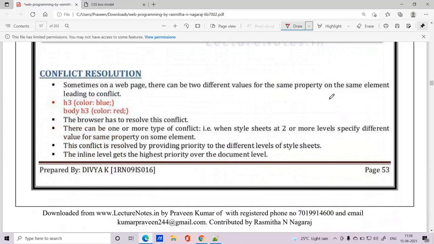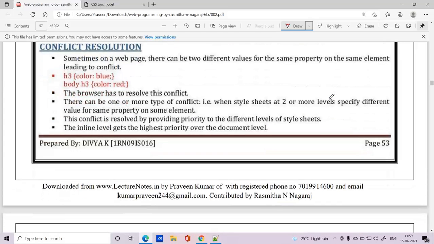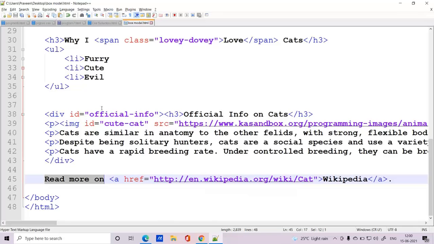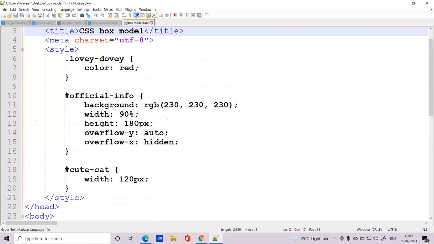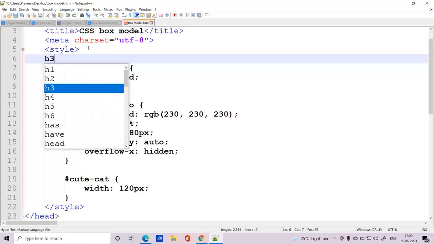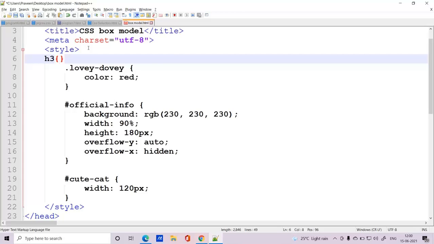Okay, now next coming for what is conflict resolution. Conflict resolution is something like when you have two elements with the same properties. You can see I'm using h3 and body h3, both are the same. I'll be using the h3 tag here also, and I have used the h3 tag here also. If I see the style content here, and if I write h3, for h3 I need to add some color.